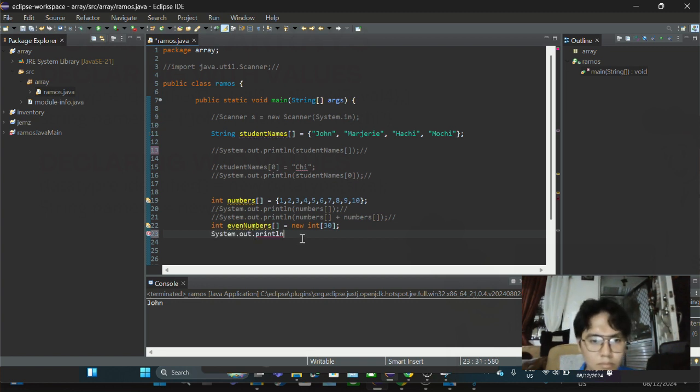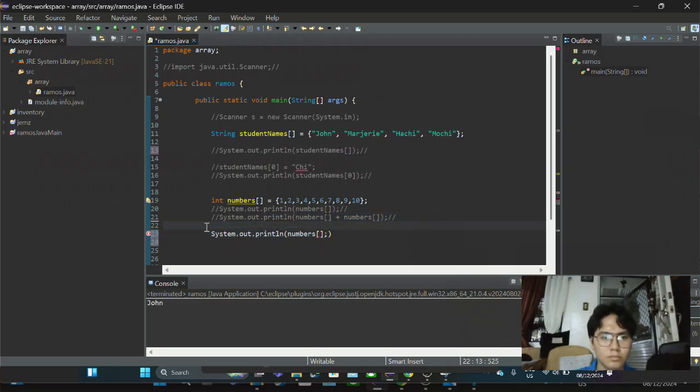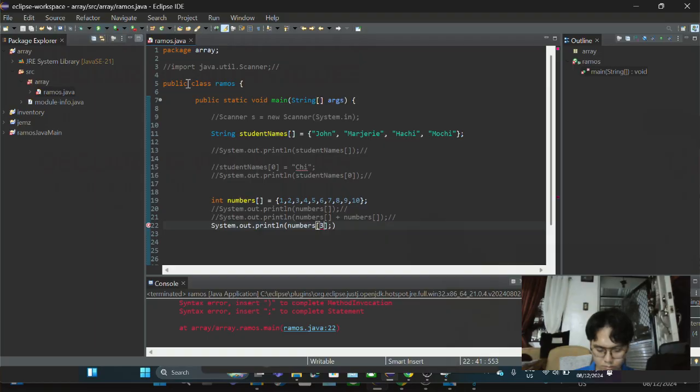So it is the same exact scenario as what will happen if you're also going to use the identifier of integer for the numbers. So instead of student names, we just have to put in the numbers, and just copy system.out.println, and then that one. Alright, so for example 3, it's supposed to be showing,